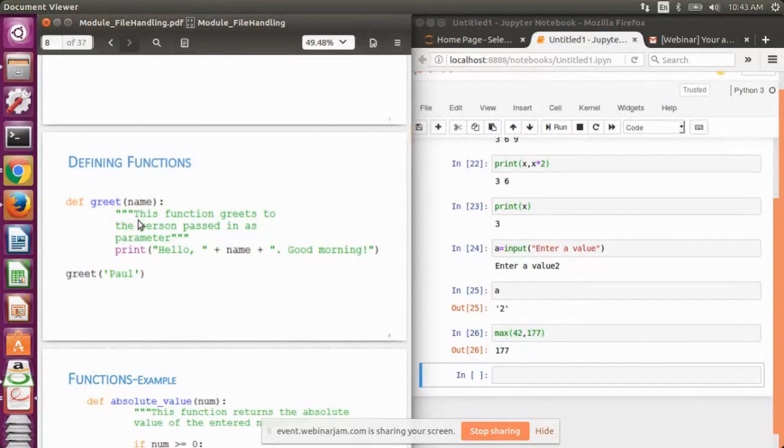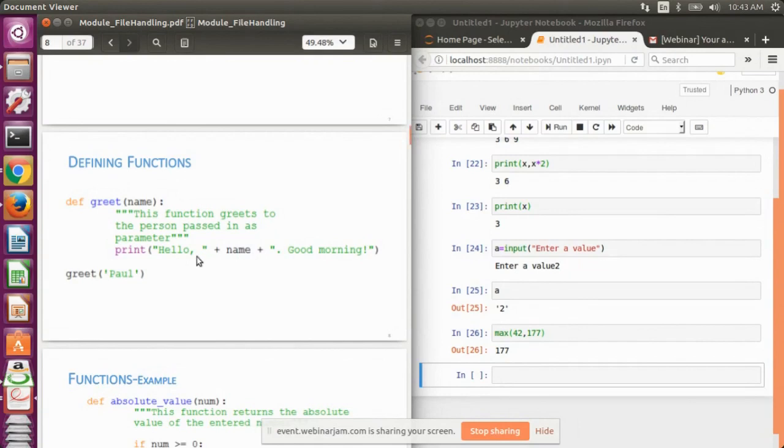Here, the first three lines are defined as a comment. They are given in triple quotes and closed in triple quotes, so they form the comment section of this function. And then the last statement of this function is a print statement. In the print I have passed hello plus name plus good morning. If you are aware, plus performs the functionality of concatenating strings.